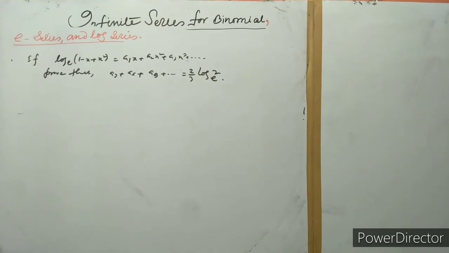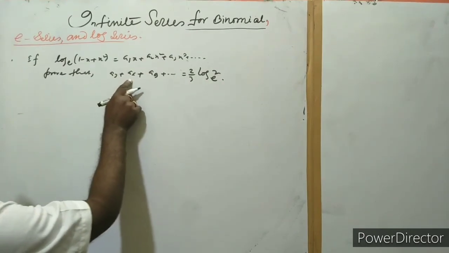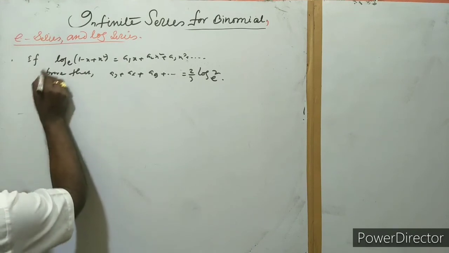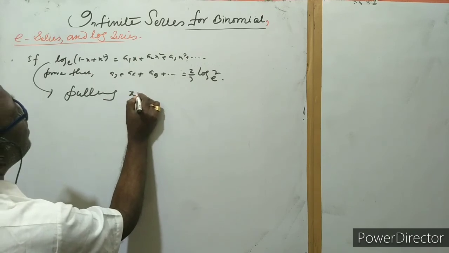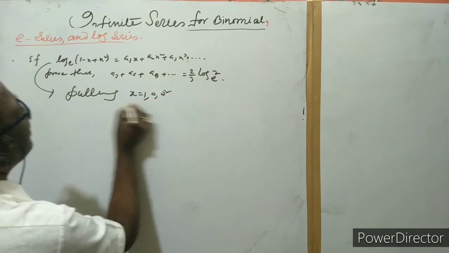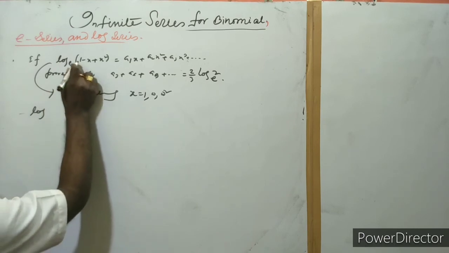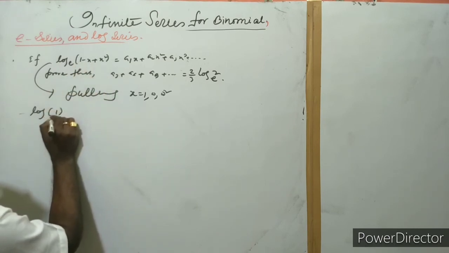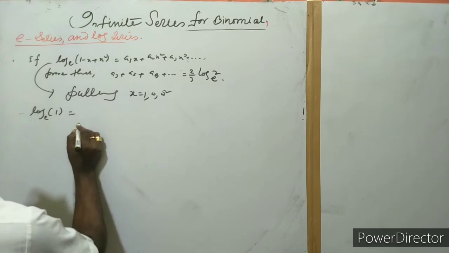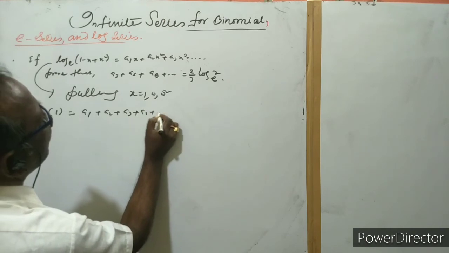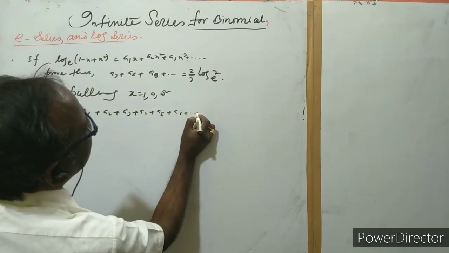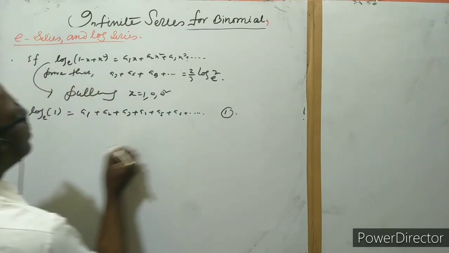Okay, and see the calculation here. This is a3, 6, 9. Putting for that x equal to 1, omega and omega square. Then what do we get here? This is 1, 1, and simplifying, then we get here only 1. So a1, a2, a3, a4, a5, a6, and so on to infinity, we get as 1.